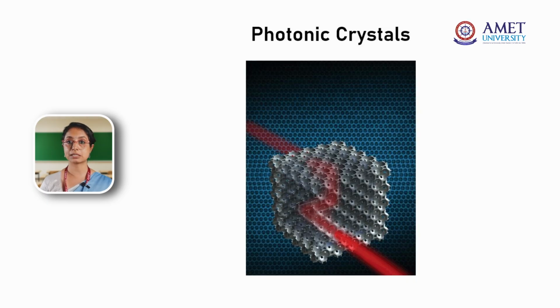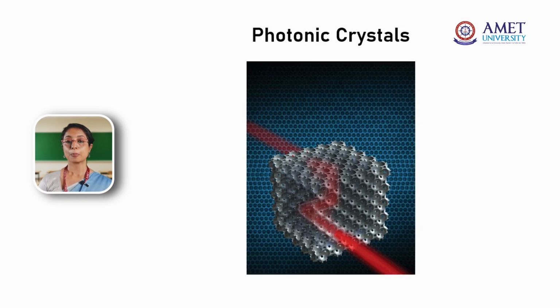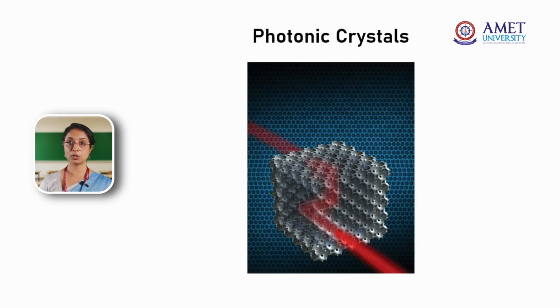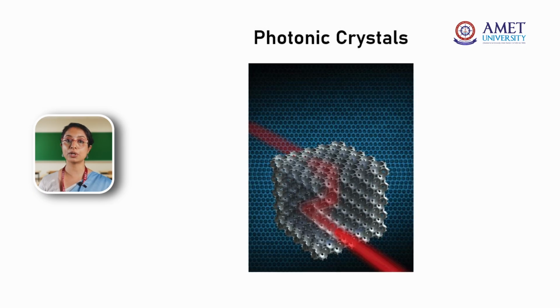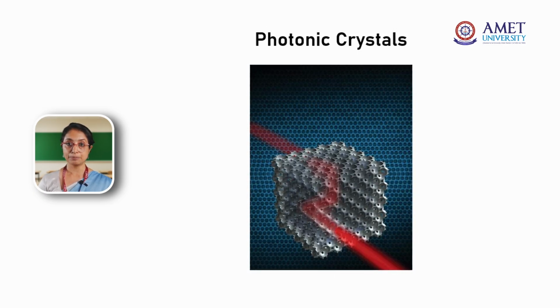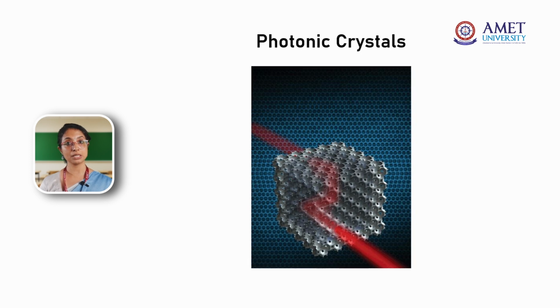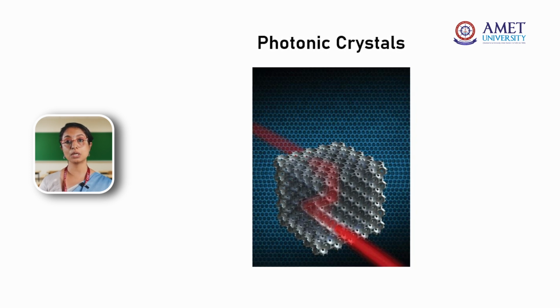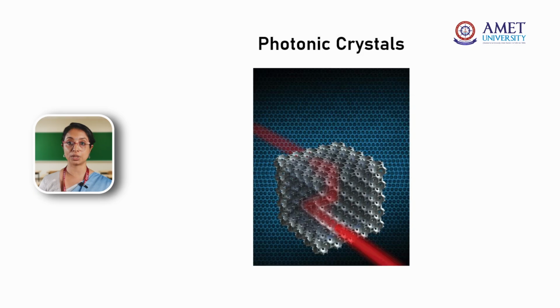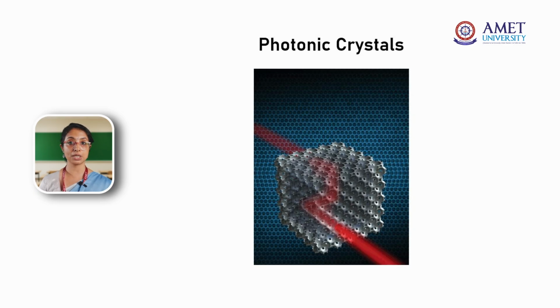The important example that I would like to give you is about photonic crystals. These photonic crystals are structures where the nanomaterials or subatomic particles are arranged in a periodic fashion. So it is the periodicity and the size of the particles which decides what color or what energy can propagate through it. And its path of propagation is also decided by the periodic arrangement in the crystal. These photonic crystals are man-made, but the idea for these photonic crystals has been derived from nature.